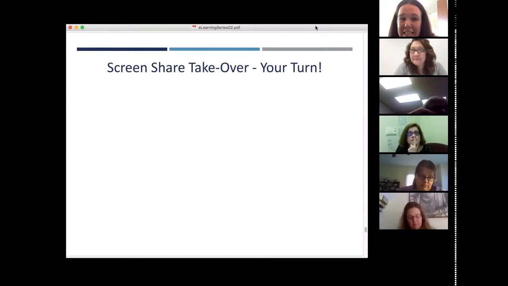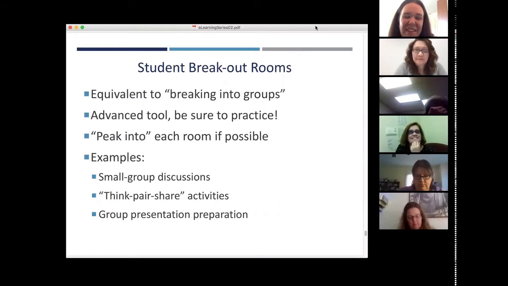So we already did the your turn aspect for screen share takeovers. Our last topic of the day is student breakout rooms. This is the equivalent of being in a class and having 30 students and you break them out into 6 groups of 5, where you could actually go around the room into each group. You could literally peek into the room as well. Some examples of why you would want to do this are to have small group discussions and have them report out, or a think, pair, share activity,